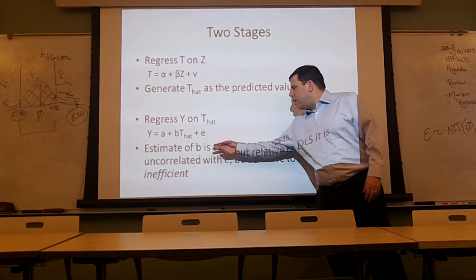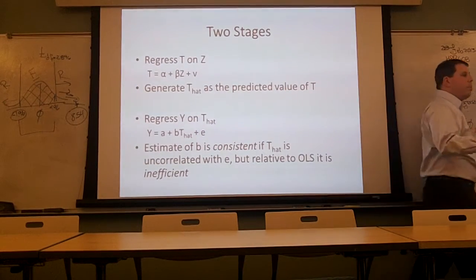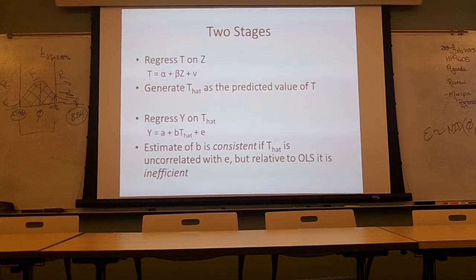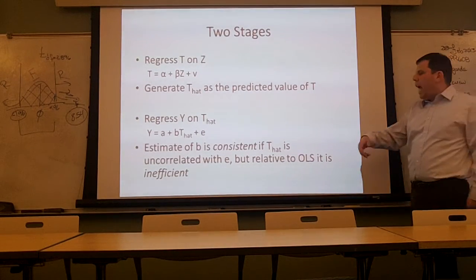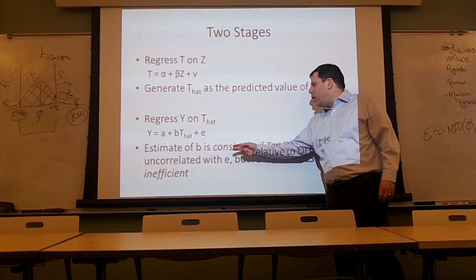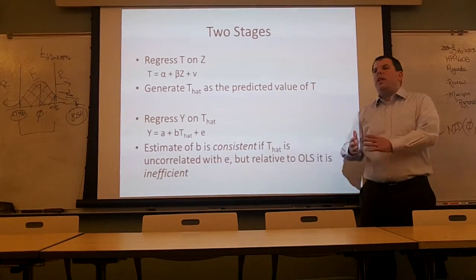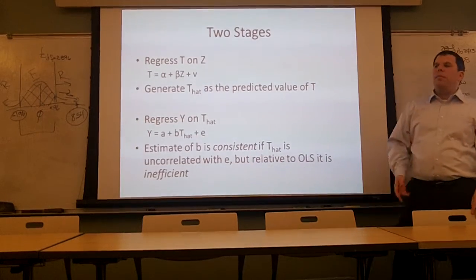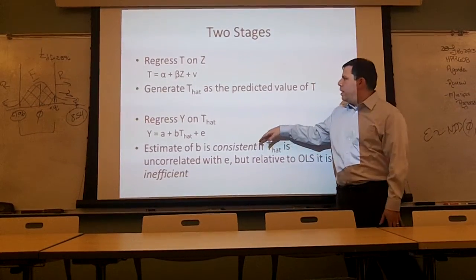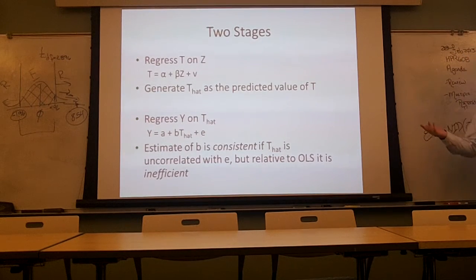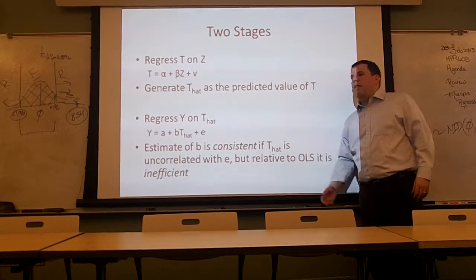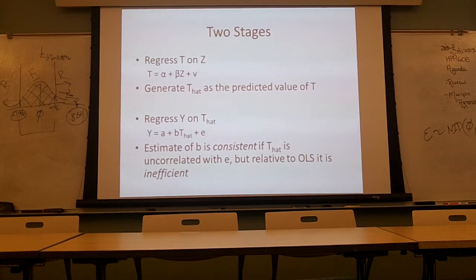This consistency process, though, is saying, okay, if we have a large enough sample, which is another piece of the IV argument, we have to have large samples to use IV, because this is what's called an asymptotic argument. As the samples get large, B gets unbiased. In small samples, the performance of IV is much less reliable, and there's a lot of work going on in small sample properties of IV. But if you've only got 10 subjects, or there's no magic number, you want as many subjects as possible, which is maybe why, in the context of comparative effectiveness research and so on, having large administrative claim databases is actually a good thing, because you need large data